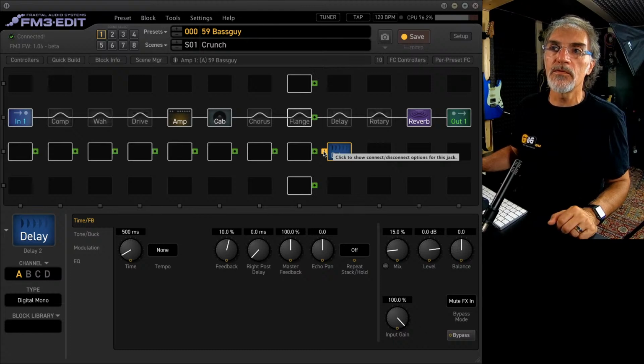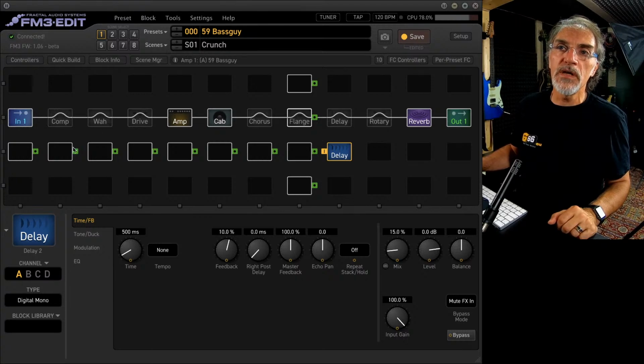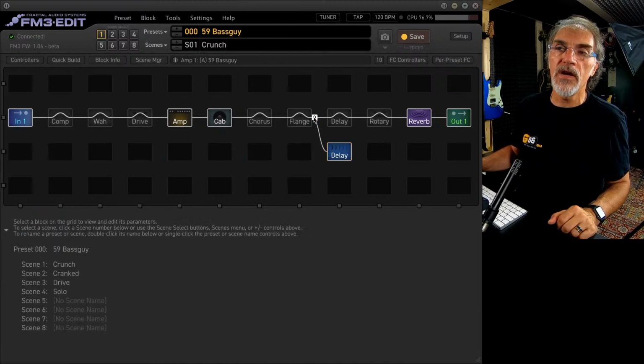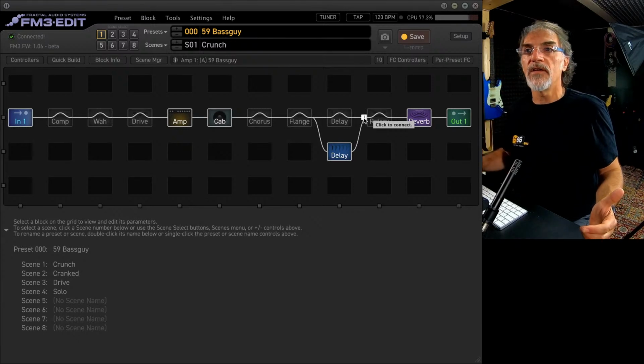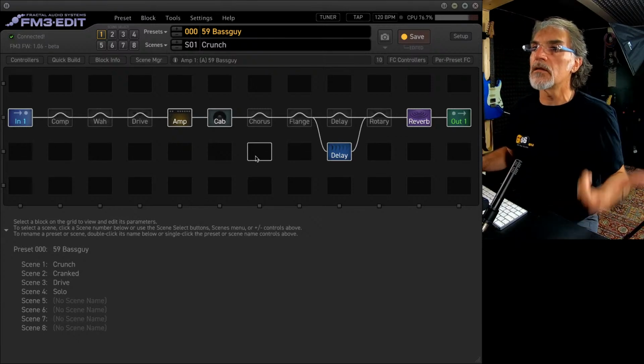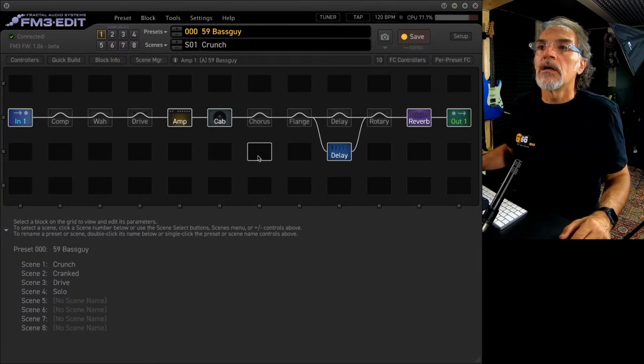This is the input. When I click on the input, the software shows me all the possibilities to connect this input. So I wanted to connect here. I only click here and create the link. The same here, the output here. And I realized the parallel effect. Or I can create a different chain.